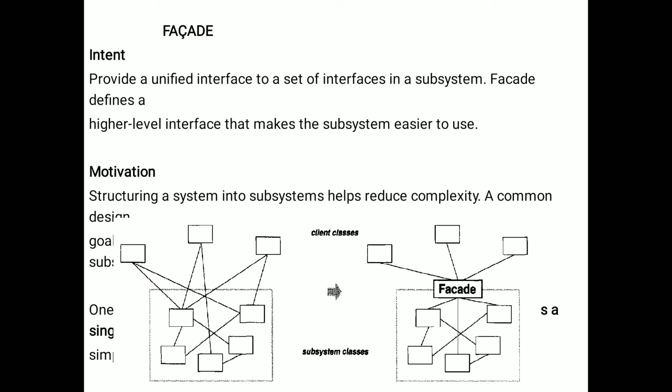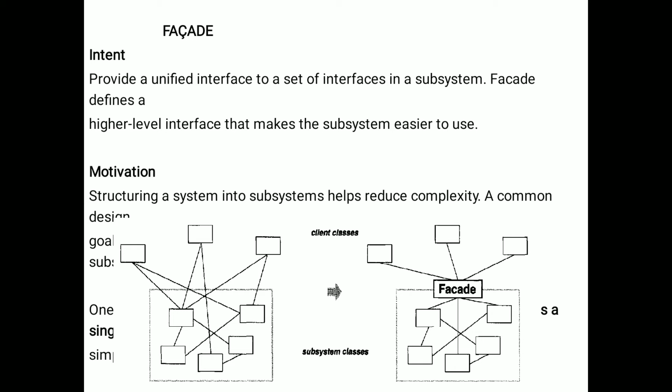And we can use the facade pattern when you want to provide a simple interface to a complex subsystem. Means that we are going to use a simple interface to the complex subsystem. Complex means the number of subsystems are going to interact with one another. To handle them, we are going to use a common interface. We are going to use facade design pattern when several dependencies exist between clients and the implementation classes of an abstraction.